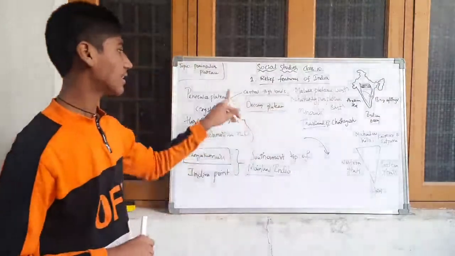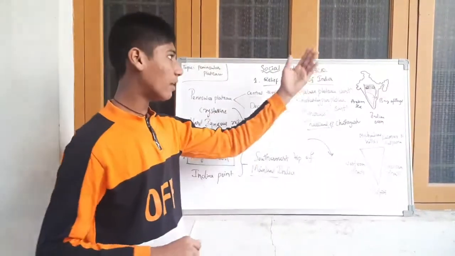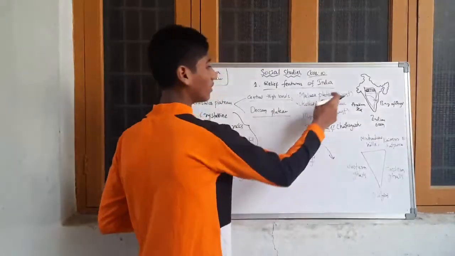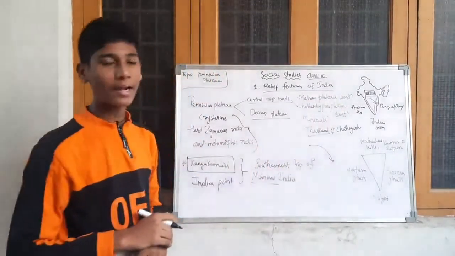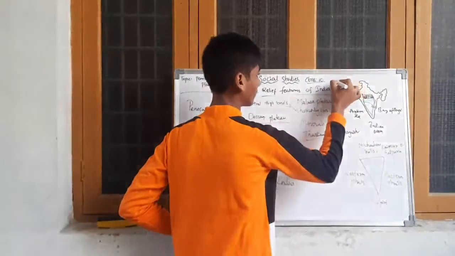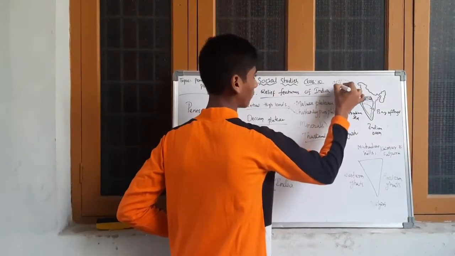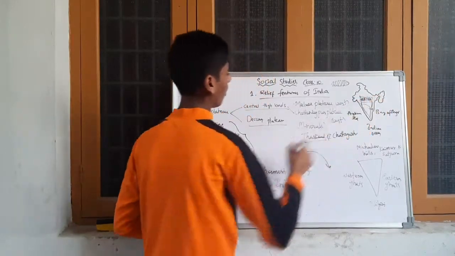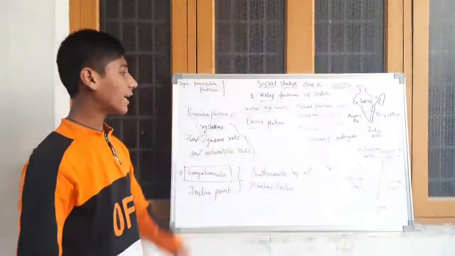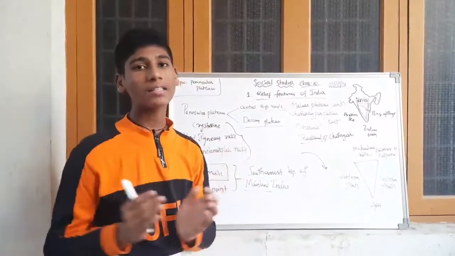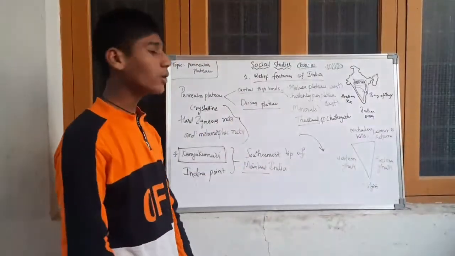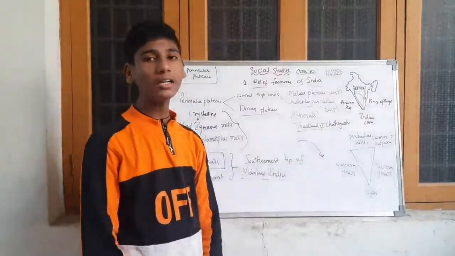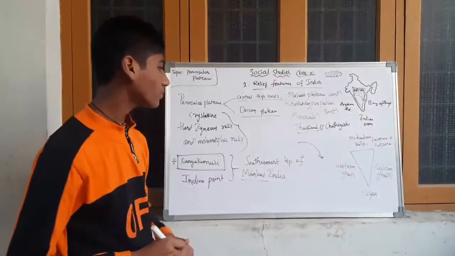Okay, till now we discussed the Central Highlands, the Malwa Plateau and the Chota Nagpur Plateau. In map pointing you should locate it like this: if they ask about the Malwa Plateau, here the Malwa Plateau is located. And coming to the Deccan Plateau, the triangular mass shape plateau is called the Deccan Plateau.